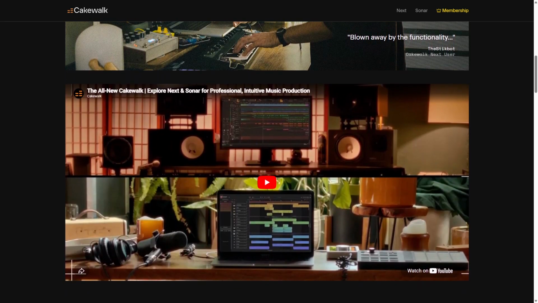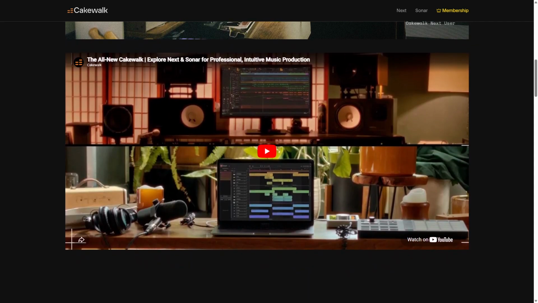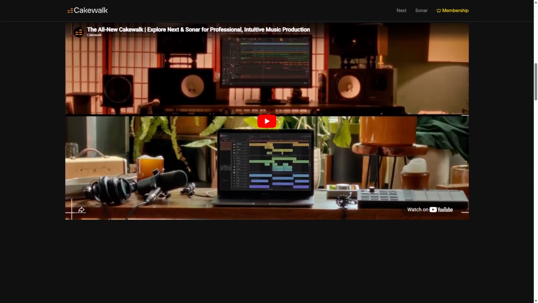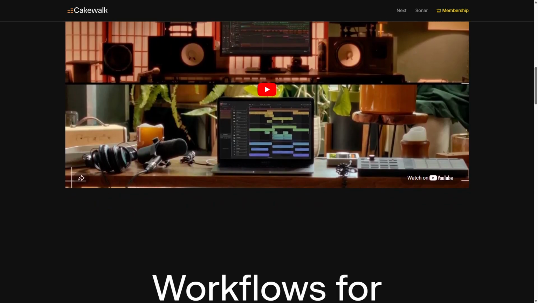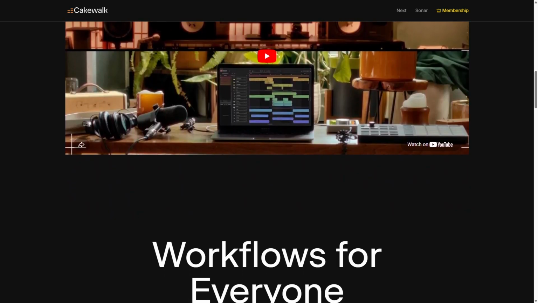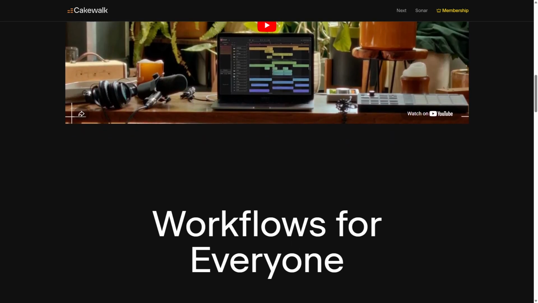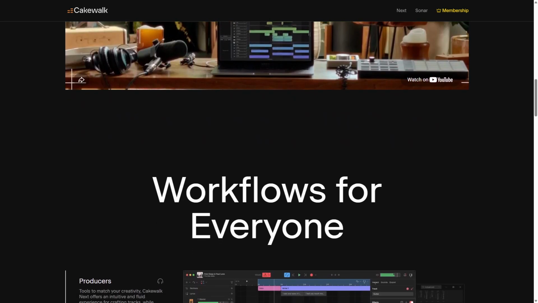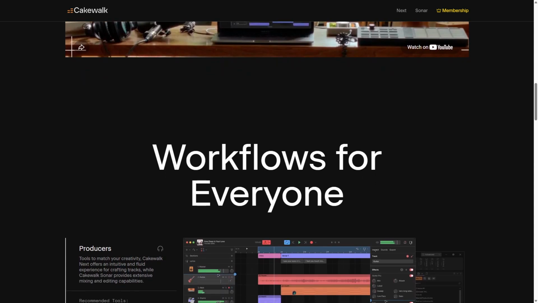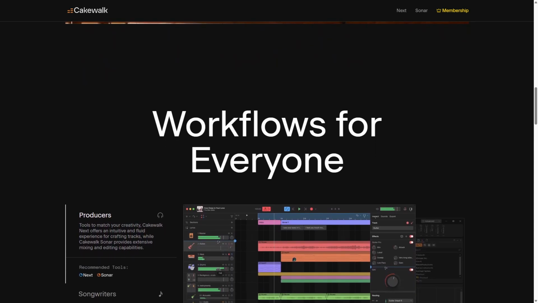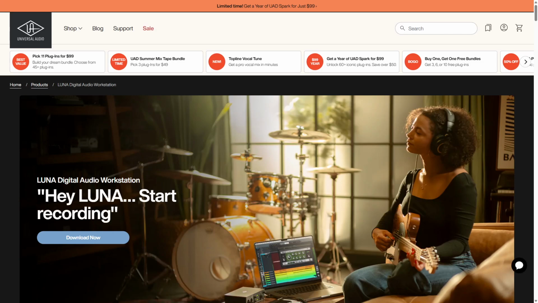Ideal users are musicians and producers who want a free, versatile DAW with advanced features and who primarily work on Windows computers. Cakewalk is well suited for those who want flexibility without hardware dependency, making it a reliable choice for home studios and project-based workflows. Luna is a digital audio workstation developed by Universal Audio for macOS users, designed to integrate